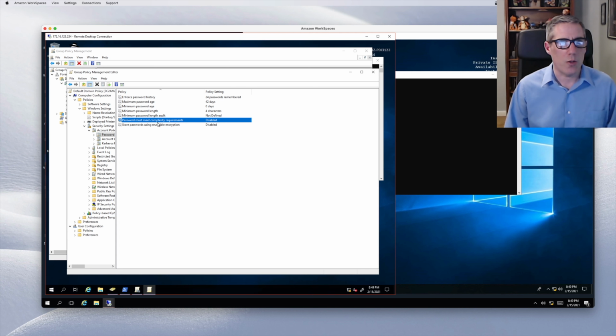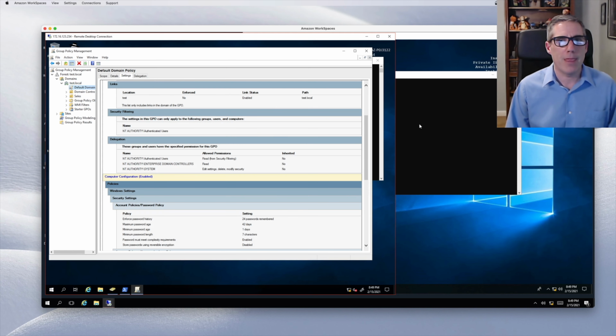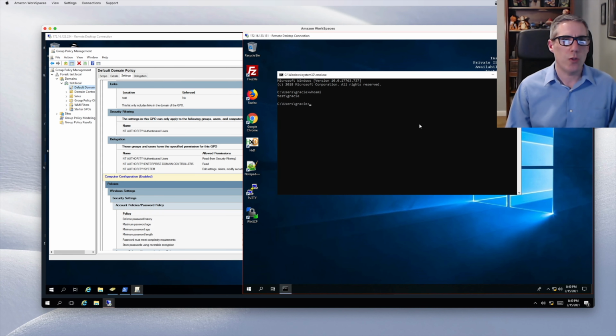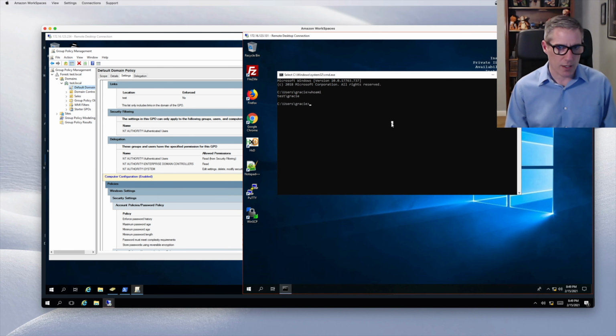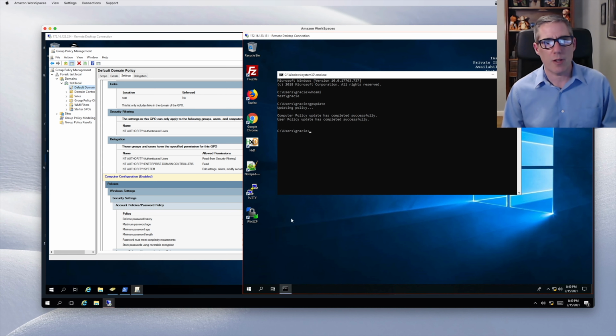So now I've changed those settings, but they're not changed here yet. I need to update the settings that exist on my domain controller here. I could log out and log back in. The other thing it can do is GP update. That's group policy update. That will force the computer to go out and find the latest group policies that are set. If I had set something more interesting or something more visible, you would see a pop up right now. So I just did